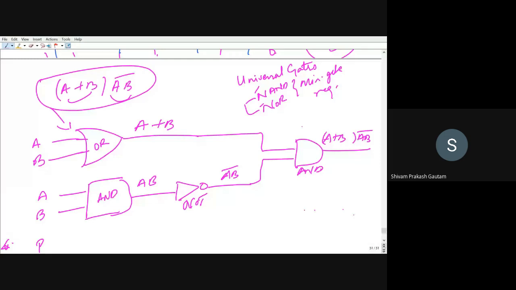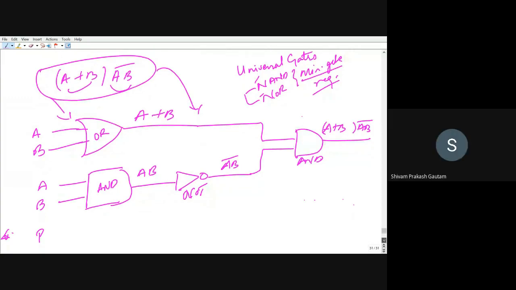So these three, AND, OR, and NOT, are basic gates, right? We will be seeing NAND gate in our incoming few lectures, where we have to make logic expressions or logic circuits or logic diagrams using universal gates. And what are the universal gates? That is NAND and NOR. And which one do we have to choose? That one which will require the minimum number of gates. There is some logic for how you can deduce which gate will require the minimum number of gates. So we will be seeing that.